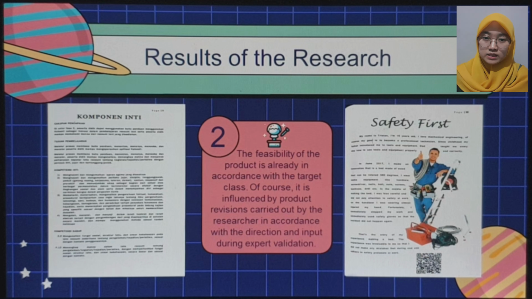The recount text was chosen because the material is in the 10th grade. In addition, the gamification guidelines using Kahoot to learn reading comprehension and recount text are in accordance with the learning objectives at the 10th grade level. The feasibility of the presentation can be seen from several indicators, such as the product being presented in a systematic